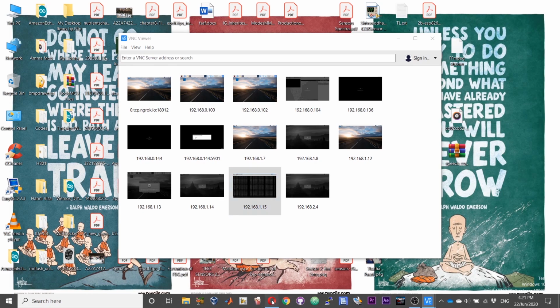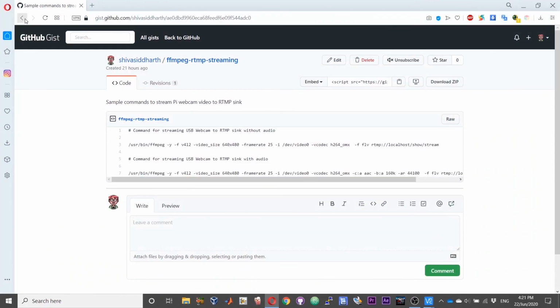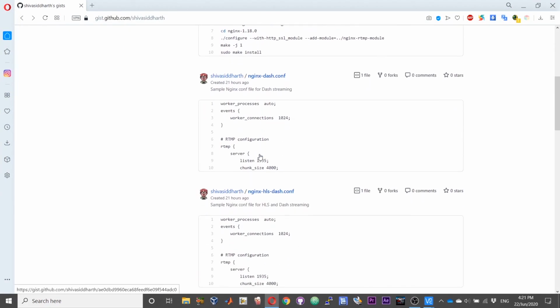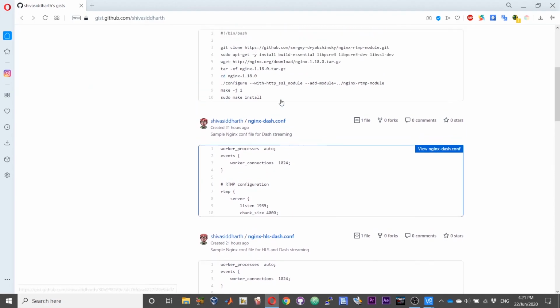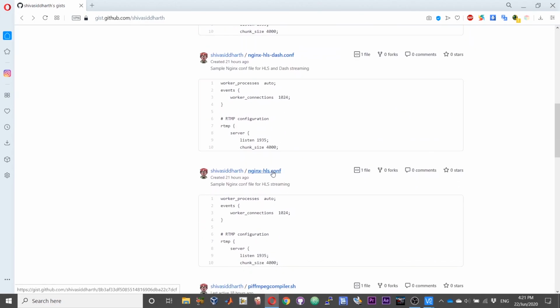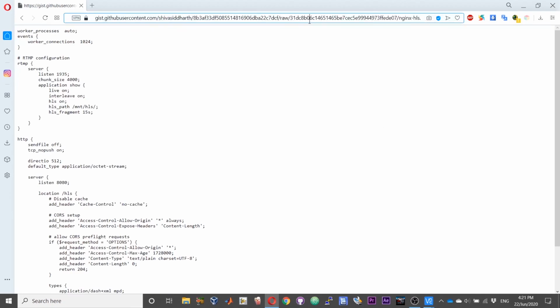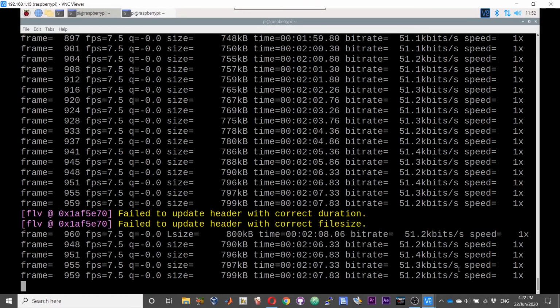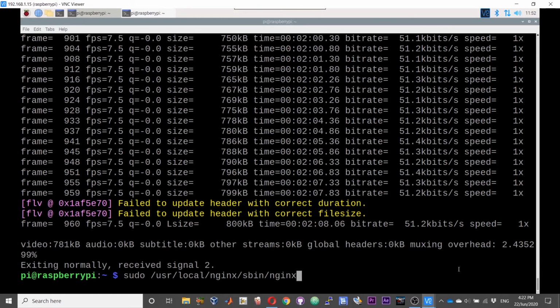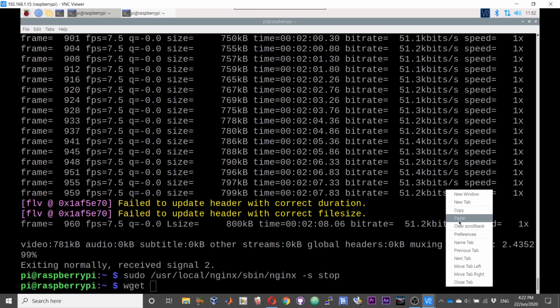Okay, so next we'll try the HLS configuration. Get the file, stop the Nginx, and now we'll try the new configuration file.